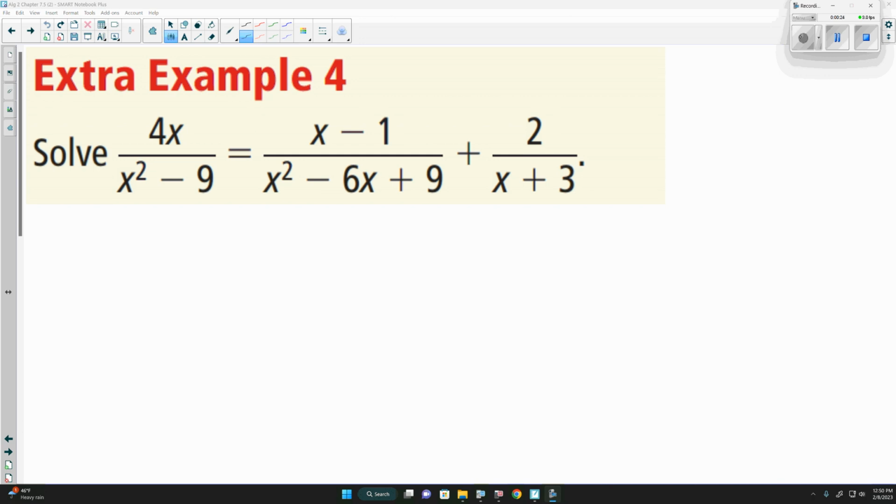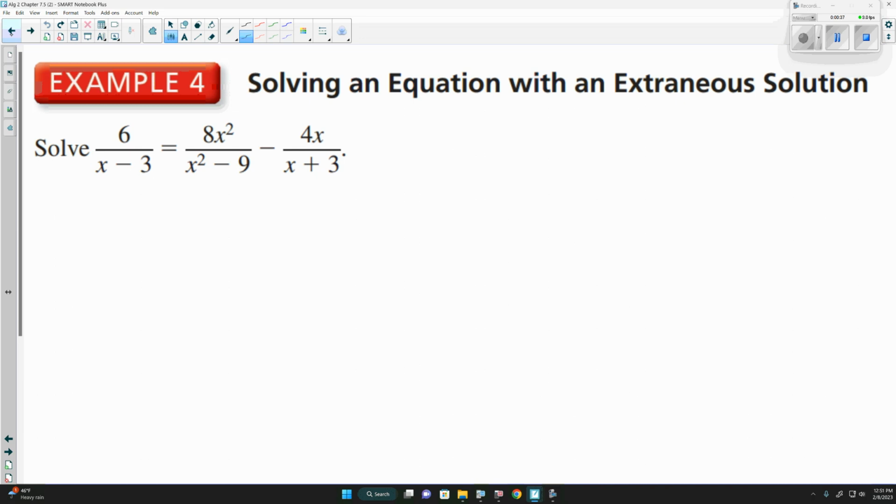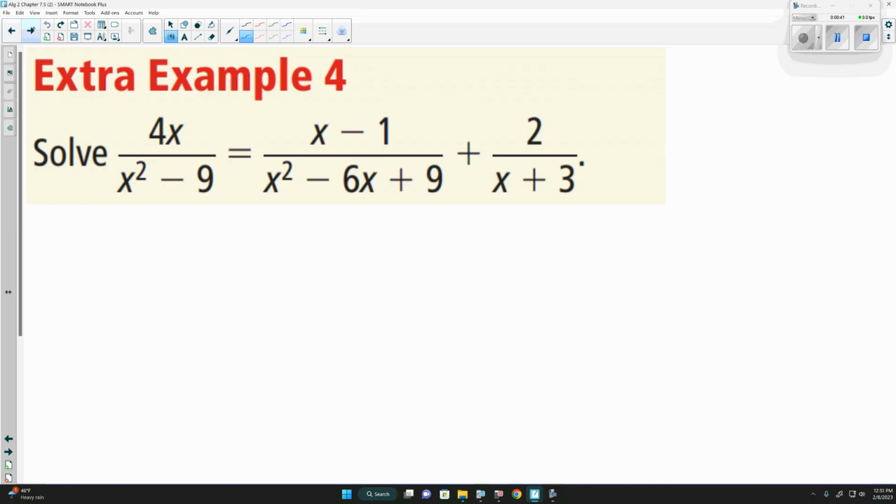So where we're picking up today is this here. It's where we left off yesterday, solving these with extraneous solutions. Because we finished this one yesterday, we're going to start off with this one here today. Before we start delving into it, we need to make sure that the denominators are all factored, because once we factor them all, we'll be able to know what our extraneous solutions are going to be,